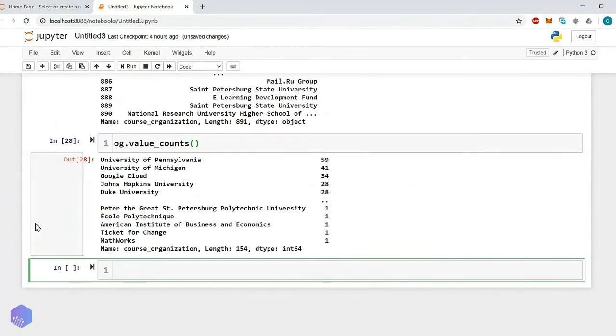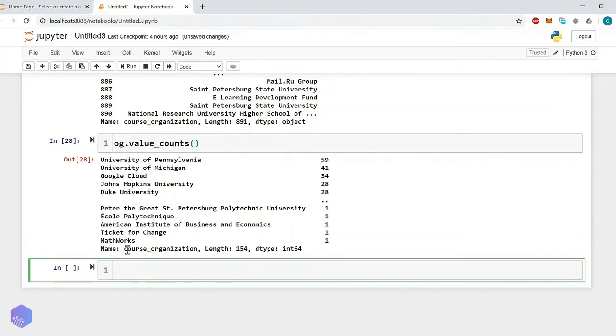So here you can see University of Pennsylvania is offering 59 courses, University of Michigan is offering 41 courses, Google Cloud is offering 34 courses, Johns Hopkins University is offering 28 courses, Duke University is offering 28, then at the bottom MathWorks is offering 1 course. So this is how we can use the function with different data sets.